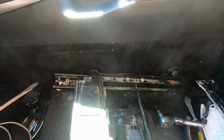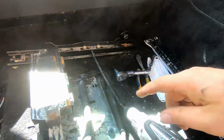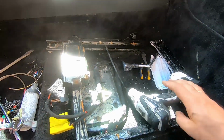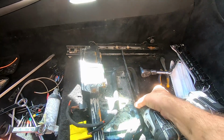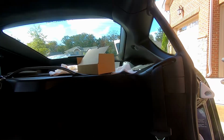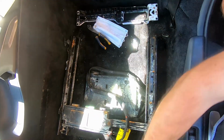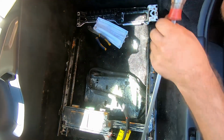Yay! I think I need to do it in sequence. This side, this side, this side, because obviously it's going crooked, but yeah, it works. Okay, I'm gonna do the other side now, and then I'm gonna do this side again. Guys, I just found out another trick. So I removed those bolts that I just screwed, and what we can do, actually,